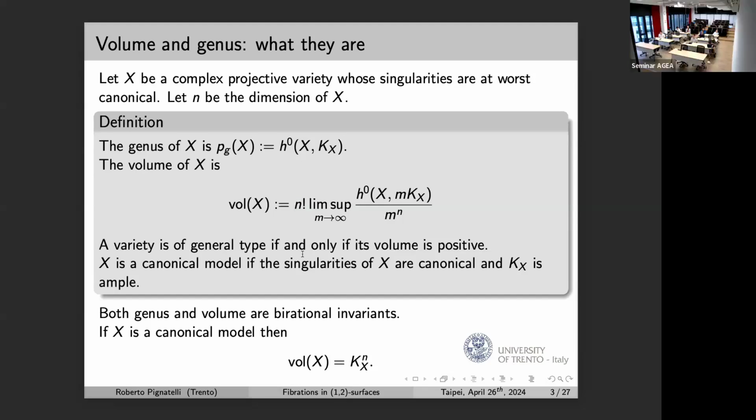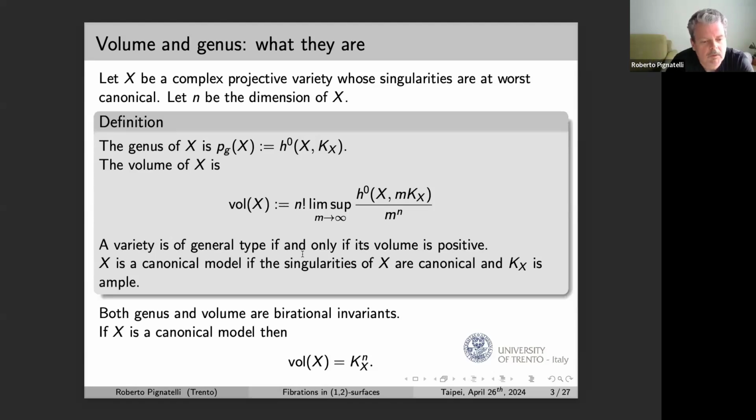Now we know that for every variety of general type, there is a unique canonical model, which is the Proj of the canonical ring. And these have canonical singularities at worst and ample canonical divisor, which is the assumption. These are the objects I'm mostly interested in, although I'm going to allow something